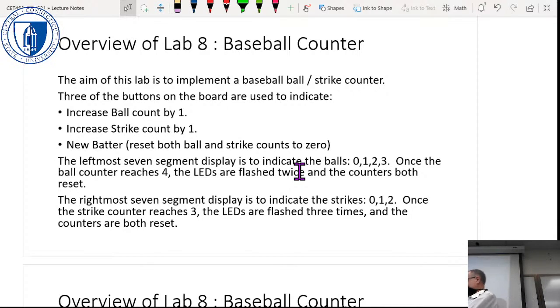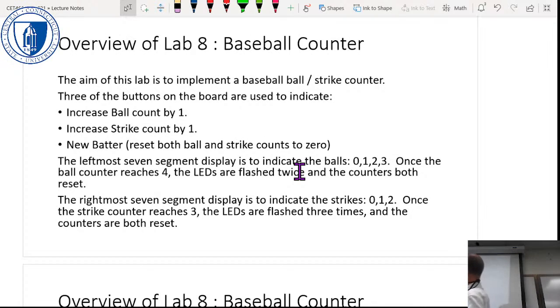Now if you've ever played with a real one of these, there's lots of other bells and whistles. You can usually increase or decrease the strike count, or increase or decrease the ball count, or do all sorts of things. But this is really simple. There's 3 buttons,